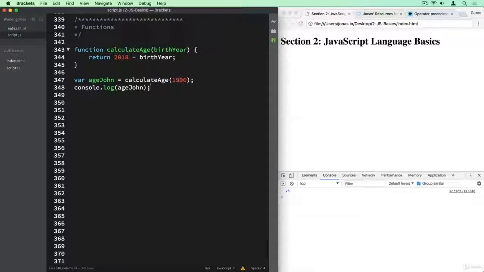So again, we define this parameter here or this argument, and you will hear me saying these two words and they're not exactly the same, okay? But for now, let's just keep it simple and assume that arguments and parameters are the same thing, okay? So we defined this argument here of birth year, and so when we call the function, calculate age down here, and we pass in the value, then this birth year variable here, or